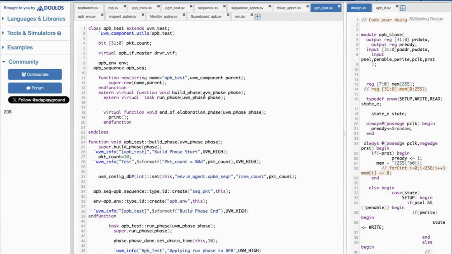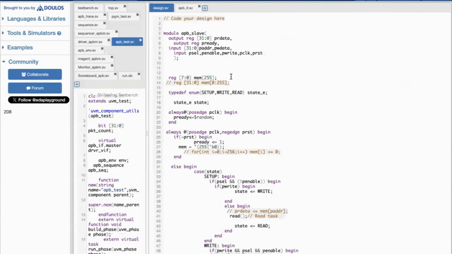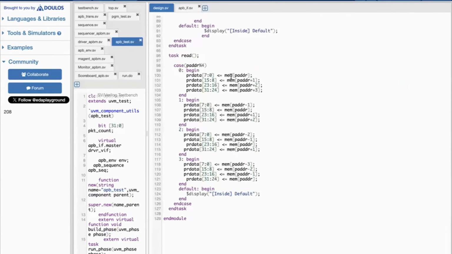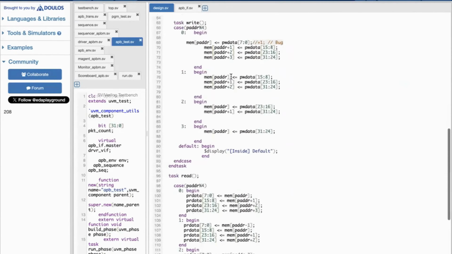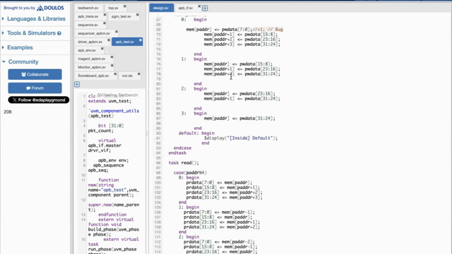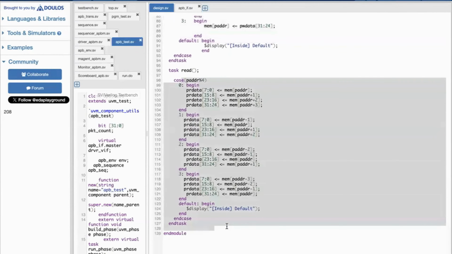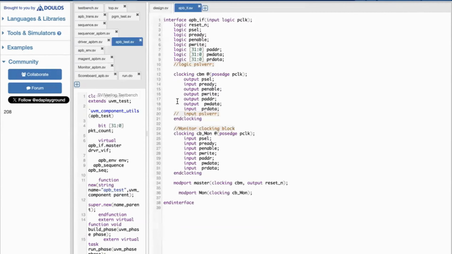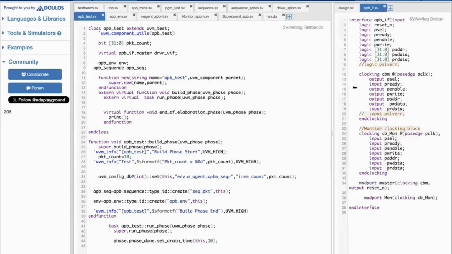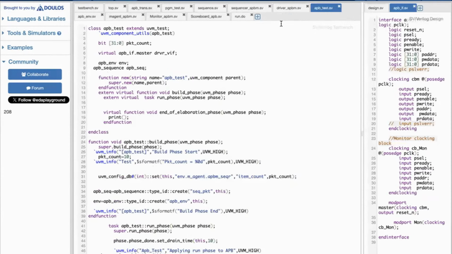Okay, see here in UVM how we have taken the design. This is the APB protocol slave design. We have written it somewhat differently here, by considering the P address plus 1. And the APB interface, here we have written the interface, and from the UVM program, here for